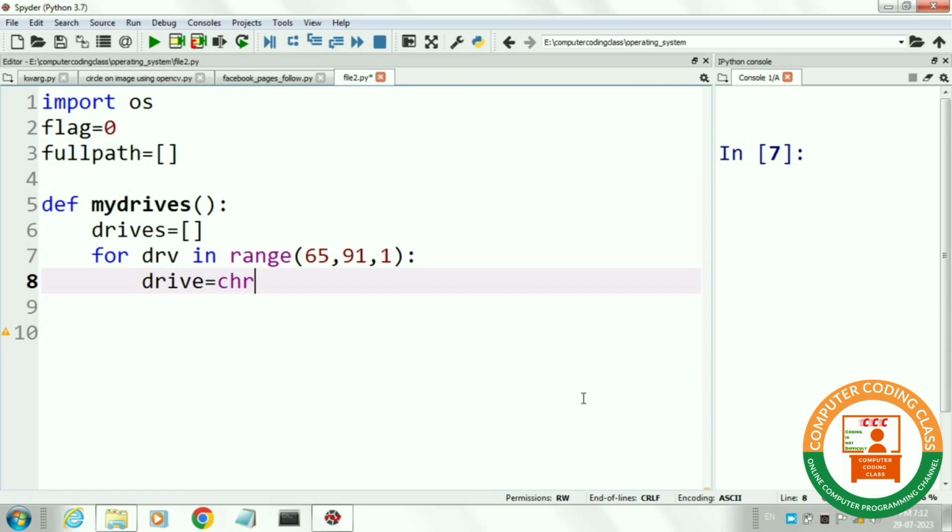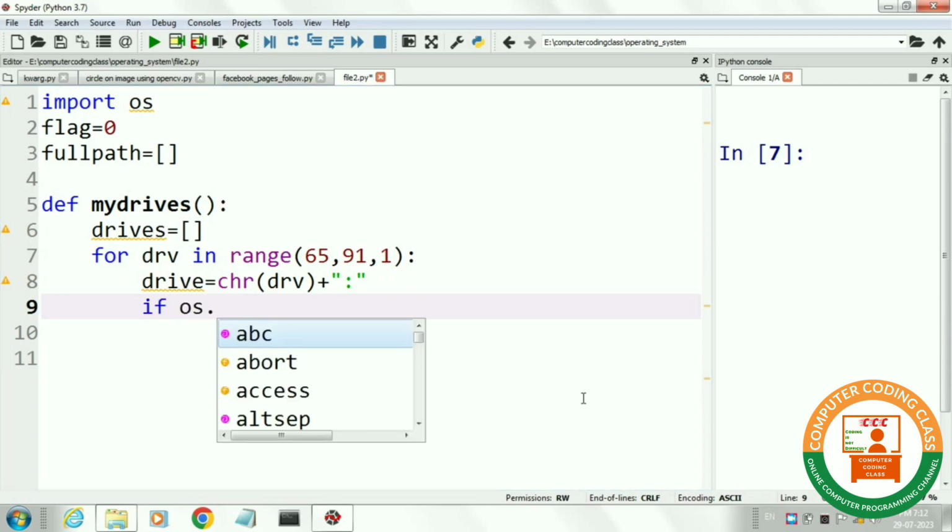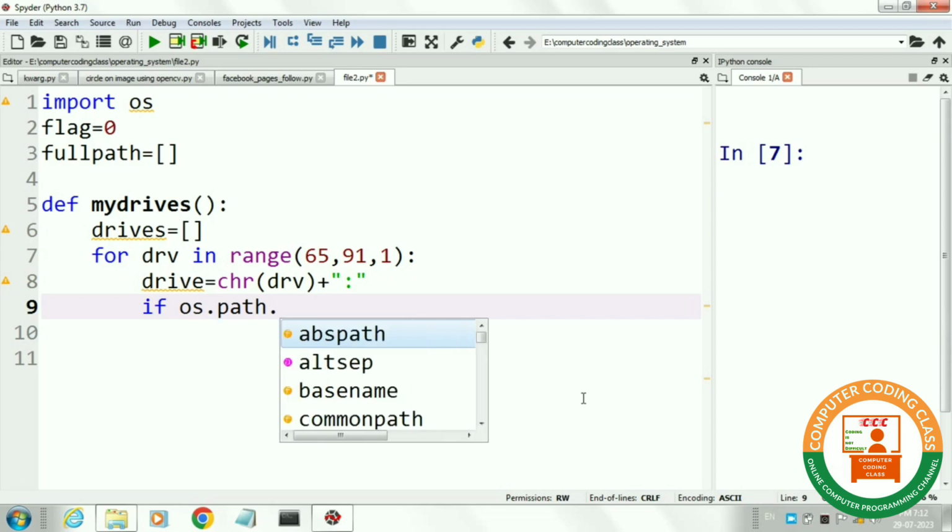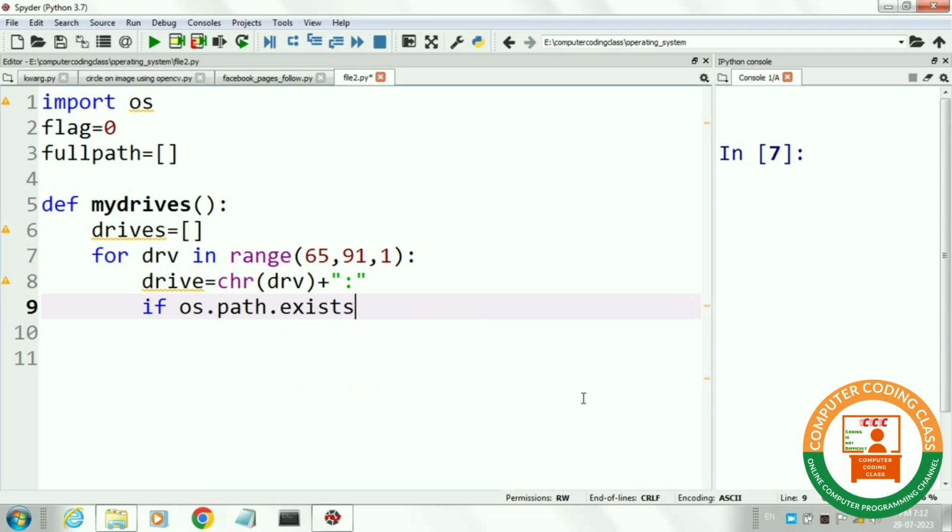In this for loop, we will convert each ASCII code into a letter by using the chr function, then add a colon with each letter. It means we are creating drives from capital A to capital Z. Next, we will check which drive is present in our computer.